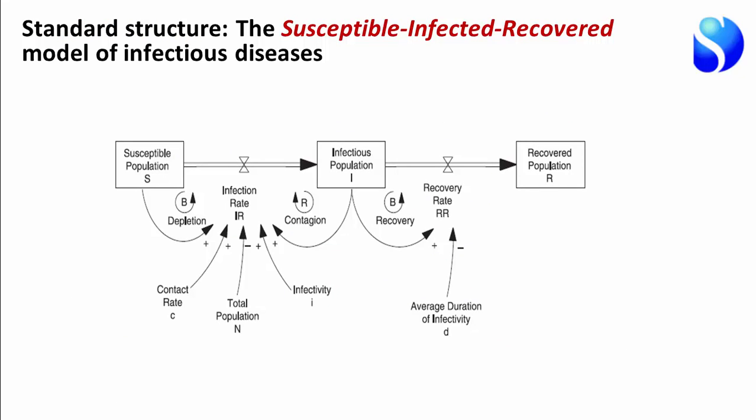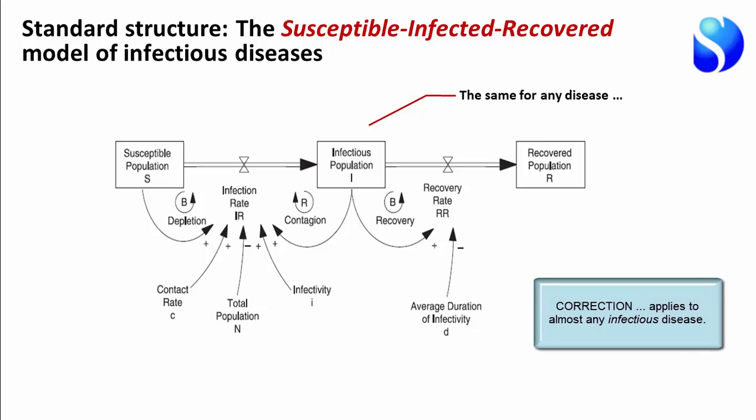This is the so-called SIR model of infection, where you've got a susceptible population who get infected at some rate by people who are already infected, and they recover at some rate and become a recovered population. And that is essentially true of pretty much any disease. There may be some that have some slight differences about them, and recovered people may become susceptible again. There may be some additions that you've got to make. But at its core, that applies to any disease.